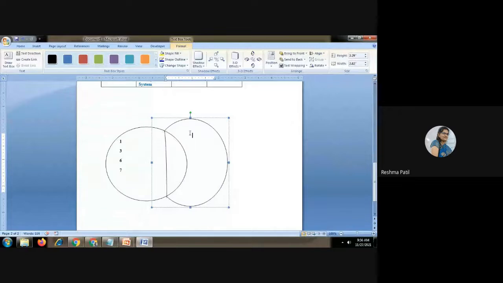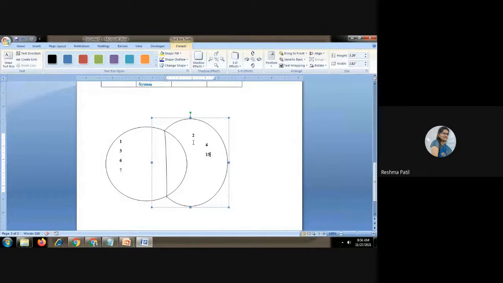We show those separately in each relation, and the values which are common, we show in between. Other values which are not common, we will write here: 4, then 10 or 15.